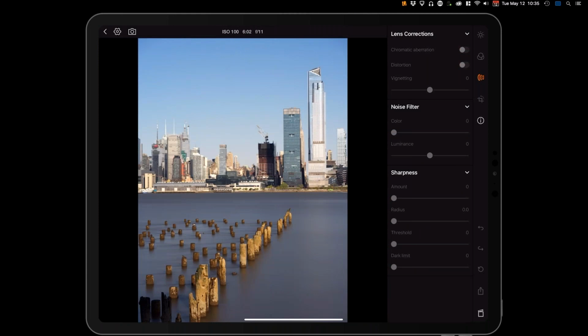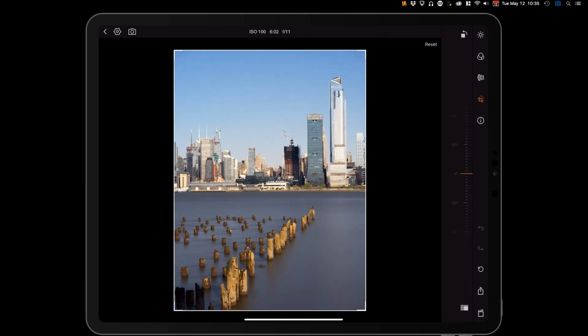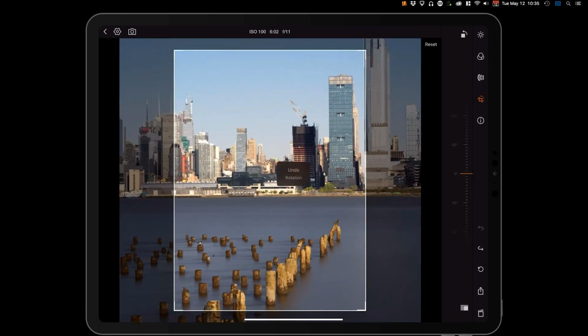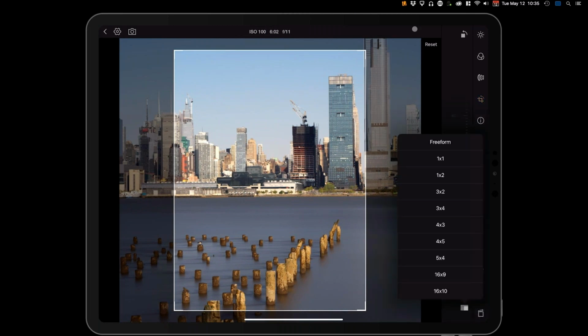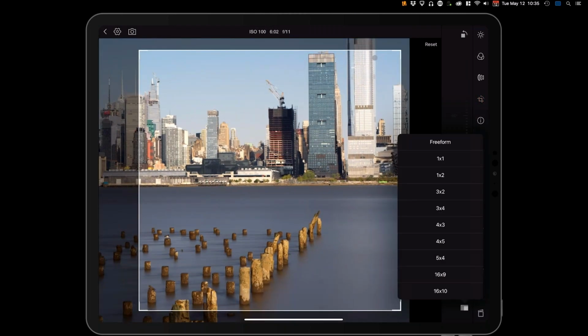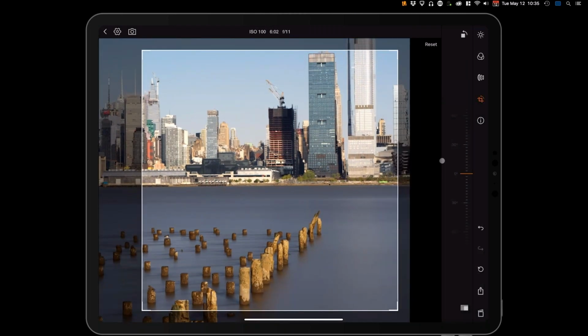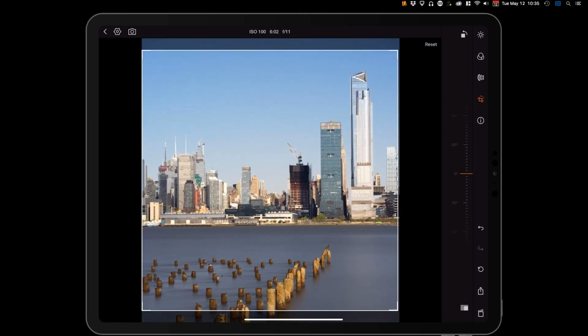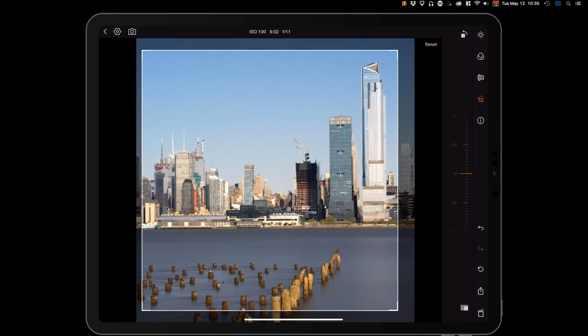So scrolling back to our other example image, we'll move on down to the crop tool. And from here, I have the angle adjustments on the right, very easy to adjust there. And then down below that, I can of course input a locked in aspect ratio. By default, it's free form, meaning that I can pick up any of the corners and drag them to any aspect ratio. But if I set it to a specific ratio, like 1:1 for square, and then use the 2-finger pinch to navigate around the image, it's very easy to recompose and crop the image there.